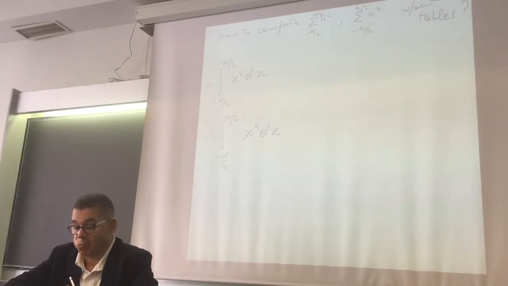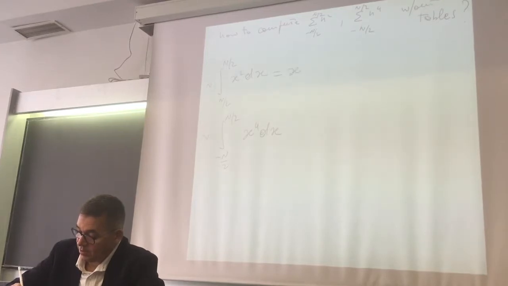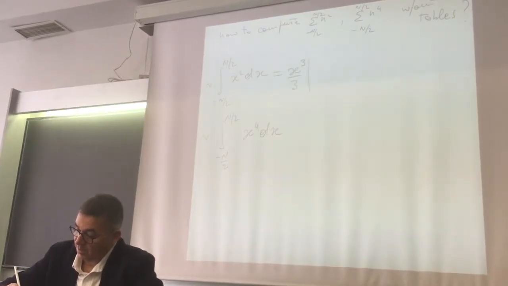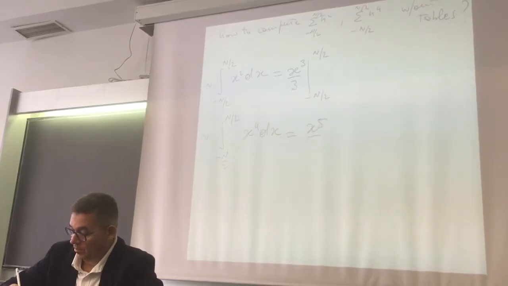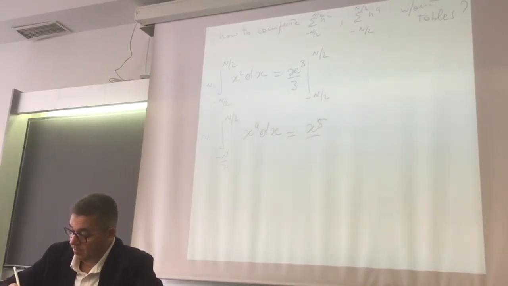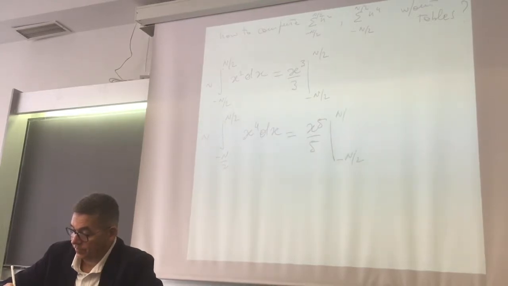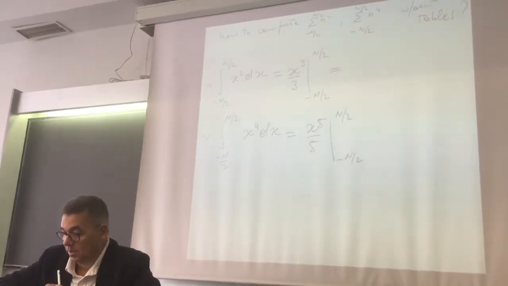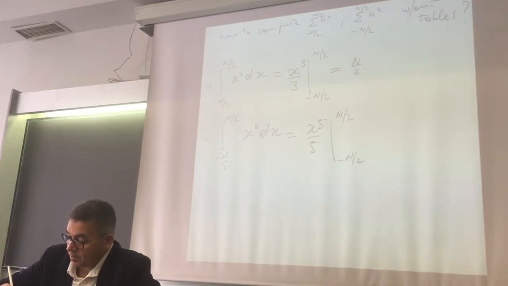So that one is equal to x cubic divided by 3 between minus n half and n half, and the other is x fifth divided by 5 between minus n half and n half. Let's continue. So it is n cubic divided by 2